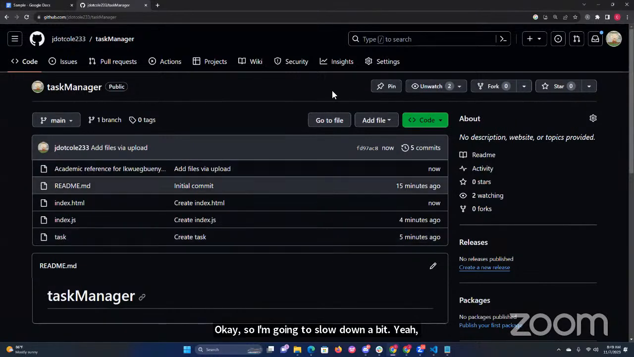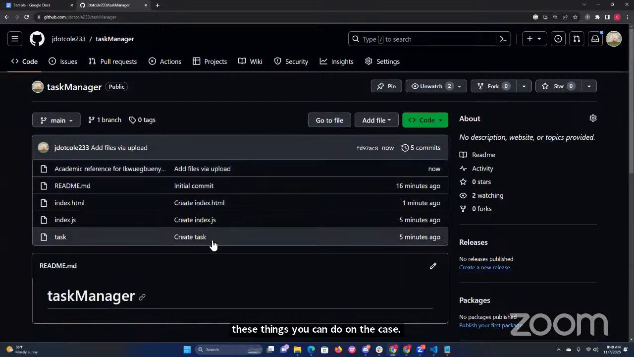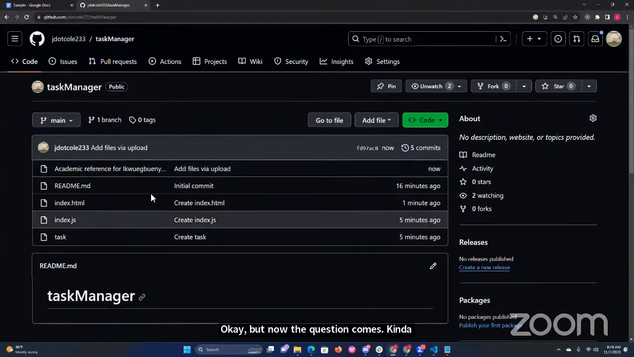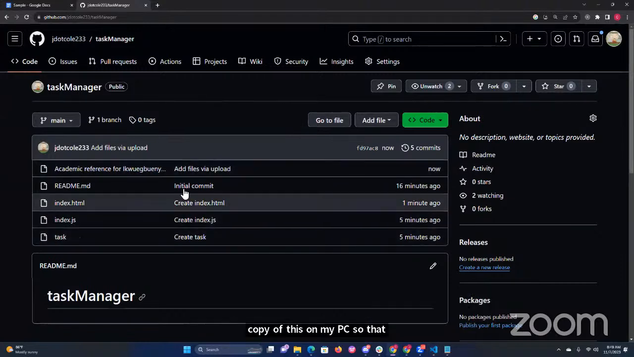Okay, so all these things you can do on Git. Okay, but now the question comes, can I have a local copy of this on my PC so that I use it? Can I, in one way or the other, because working on the web,